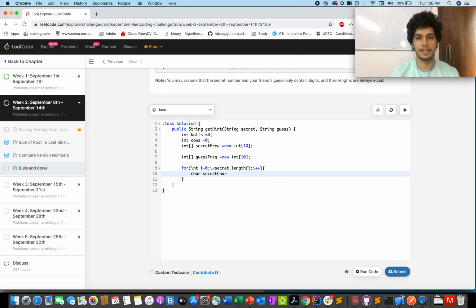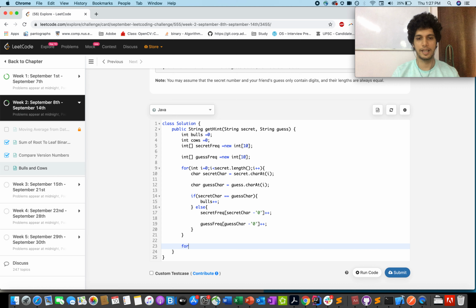So this is how we are going to do it. Increment secret frequency at secret char minus '0'. Don't forget to subtract the '0' character from it, because we have only created an array of size 10. And similarly for the guess part.